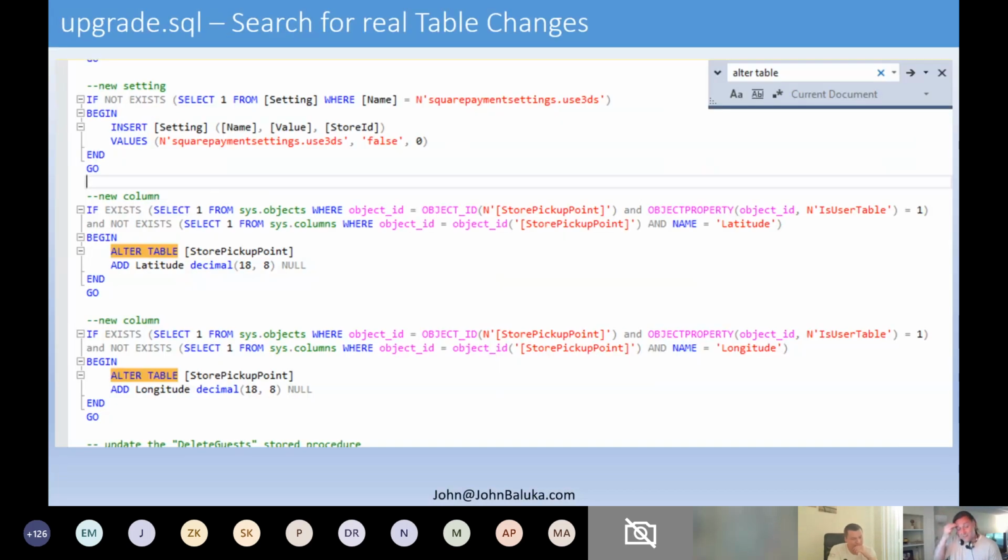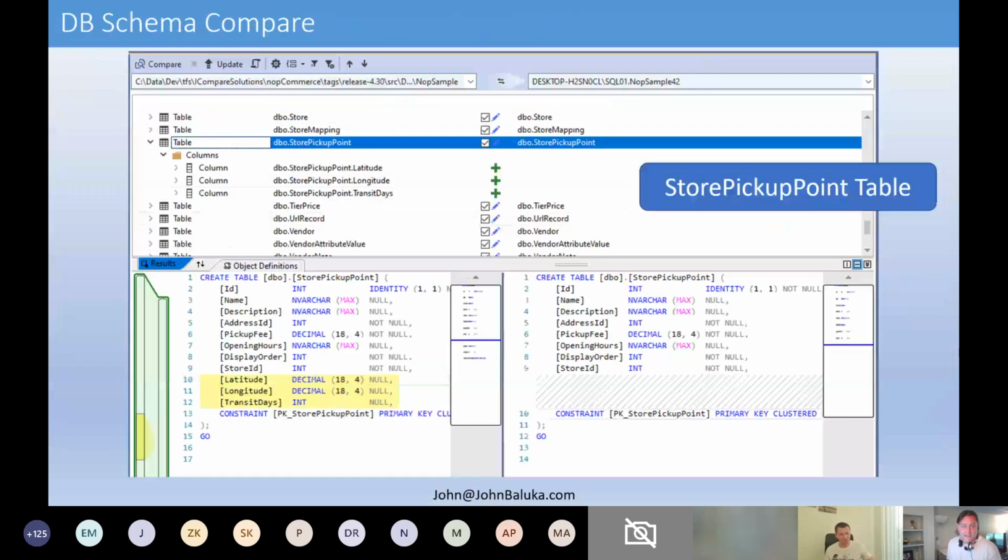So in order to get a really good understanding of what has changed at a database level and to kind of pop through some of those changes, I did have to open up the upgrade SQL script, and I searched for alter table throughout the script to see where there have been changes at a schema level. So once I identified those different tables, I thought I'd go ahead and share them with you this way. That way you can see, if you look at the top,